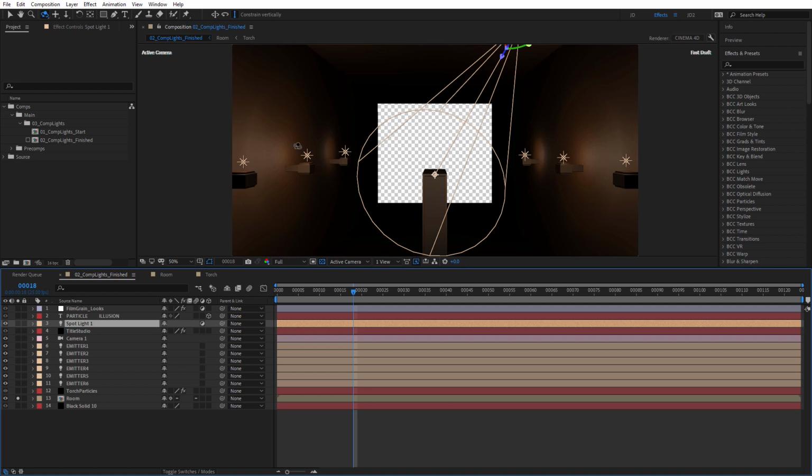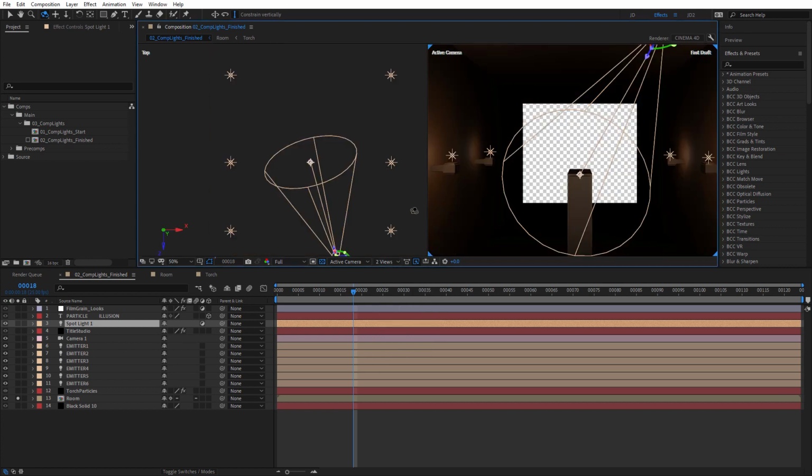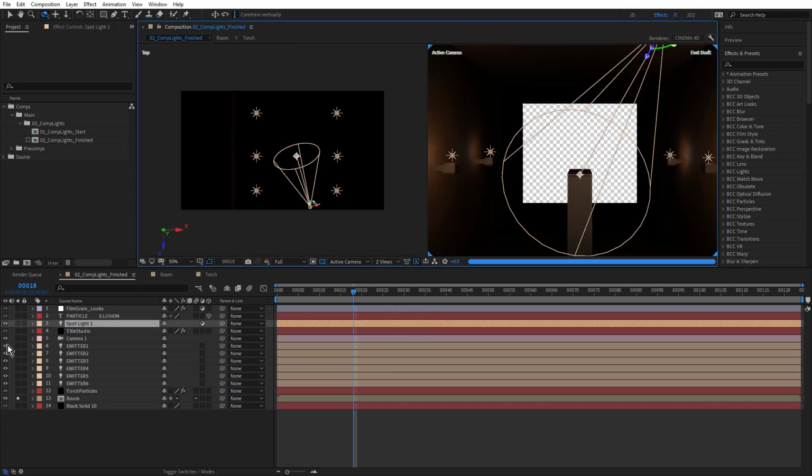Okay, so that's the room itself, and we've been talking about lights and cameras, so let's go on to lights next. Now, as I mentioned, we have these 6 emitter lights, and these are being used by the particle illusion layer, but they're also illuminating the scene, and we have this spotlight. So if I just come back to 2 views, and I'll just turn the lights off for a moment.